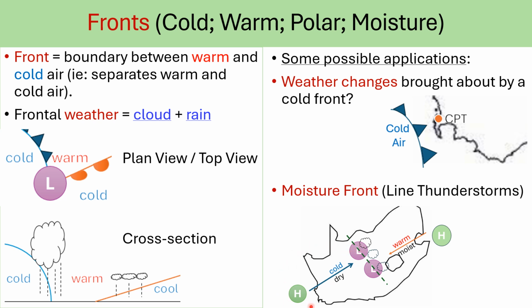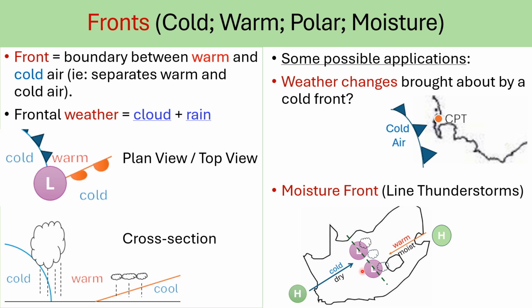Cold air from the Atlantic Ocean meets your warmer air from the Indian Ocean. These two air masses are drawn towards the interior of the country by the presence of these low pressure cells. If there are low pressure cells over the interior of South Africa, can you guess during which season moisture fronts develop? That's right. The low pressure over the interior of the country indicates that the temperatures have increased, and temperatures